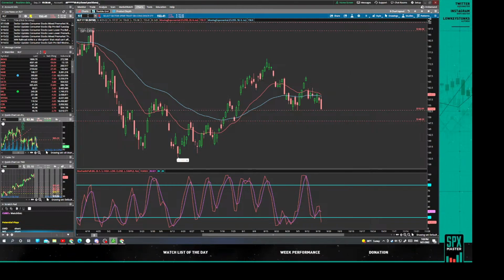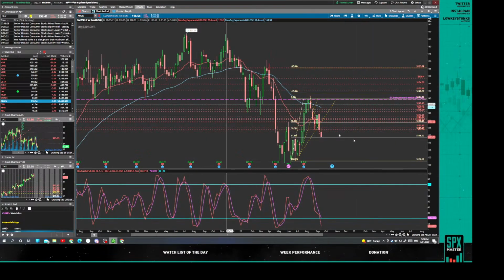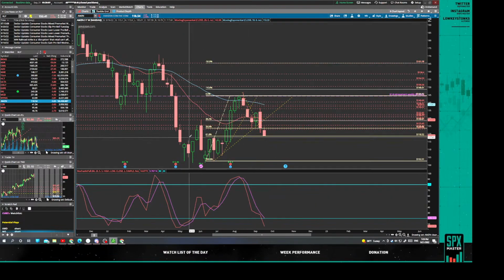Oh, Amazon is part. I'm sorry, I forgot about Amazon. Somebody reminded me about Amazon. So Amazon is right at the 618 retracement right here from the last leg up. Now I don't think it holds. It broke this trend line right here. If it tries trading below it, I put weight that it'll touch 102 again in the future, going level by level. Obviously, on the weekly, we can see those levels.